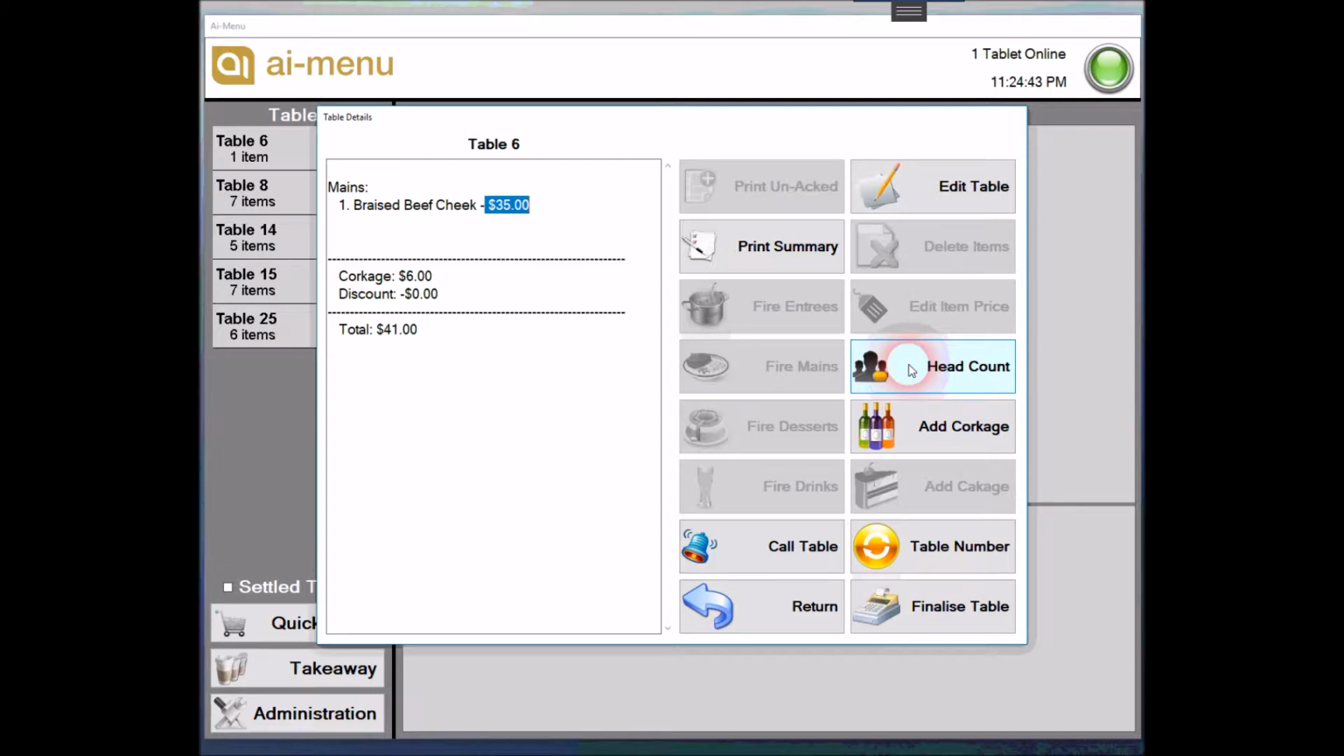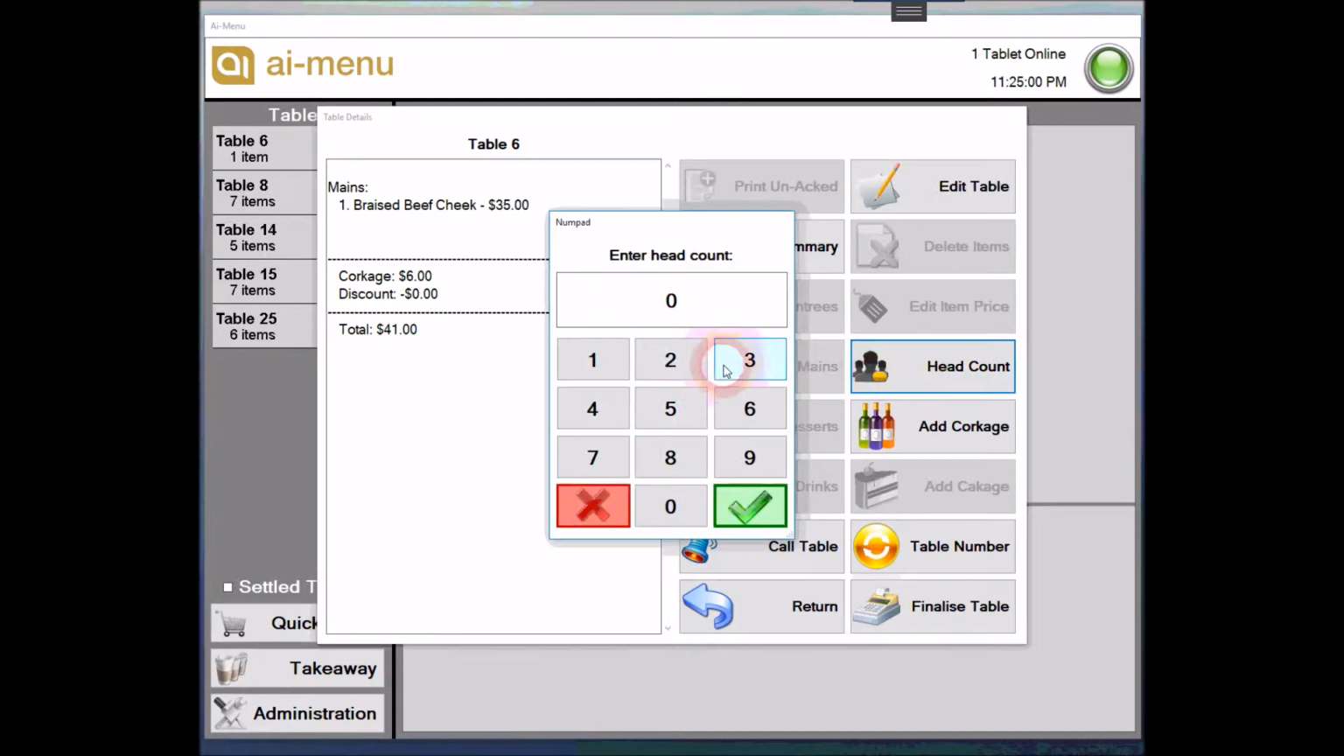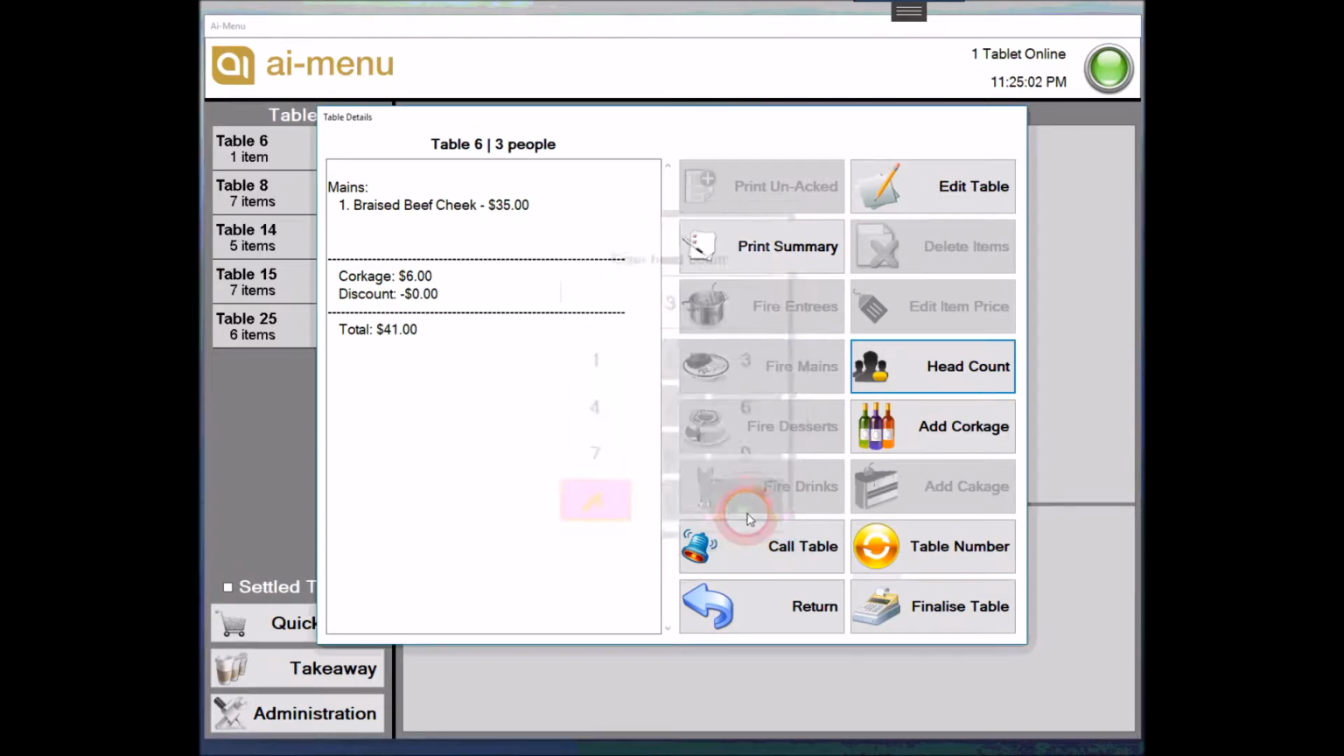You can always leave it as optional. What you do get is just history and statistics. You can get your average spend per head, quite useful. You know how many people went through your restaurant. You can then log your trends, all sorts of things you can do. So if I set head count to 3 people, or whatever it might be, it now shows 3 people